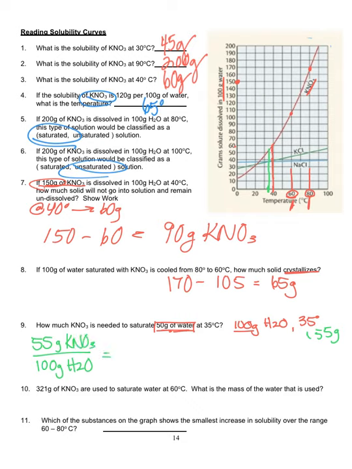So now they're wanting to know at that temperature if it was only 50 grams of water, how much KNO3 would dissolve. And this is a cross multiplication and division. You go 50 times 55 and divide that by 100 to get back to x. And x should equal